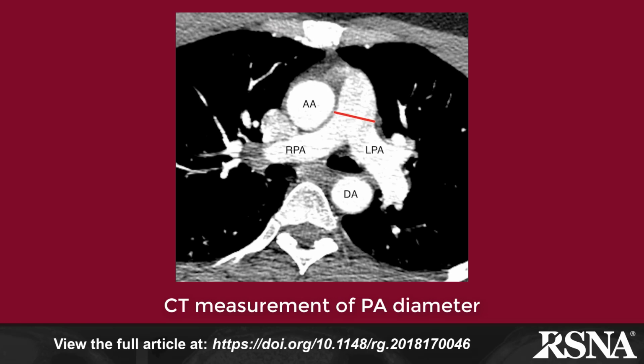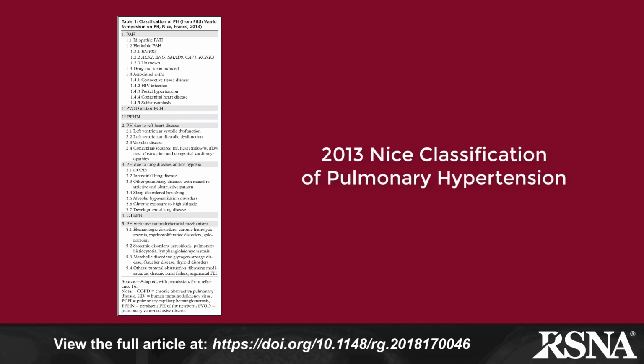suspected pulmonary hypertension. In their paper in the March-April issue of RadioGraphics, Dr. Felipe Jaramillo from Bogota, Colombia, and colleagues from St. Louis, Argentina, and Chile review the current NICE classification of pulmonary hypertension, which groups patients into 5 categories based on